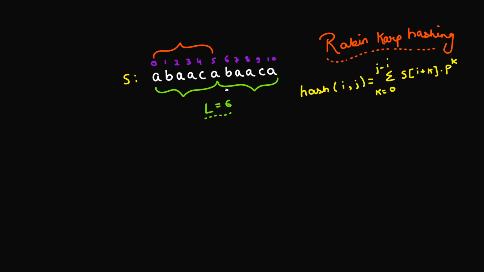That is why, because we have to consider all the substrings of length 6, and for each of the substrings what we'll be doing is calculating the hash, and storing the hash that we have computed. We'll see what interesting phenomenon happens, and how we will be able to detect a repeated substring using just the things that we have learned here, which is a sliding window where we consider all the substrings of given length L,